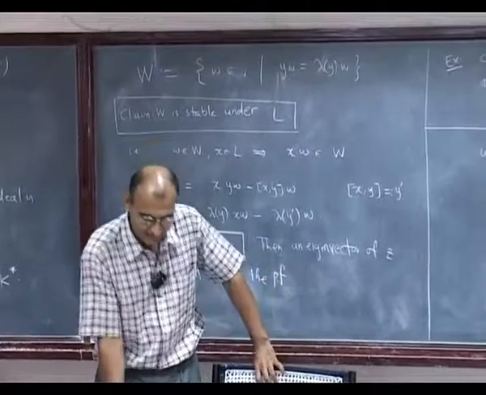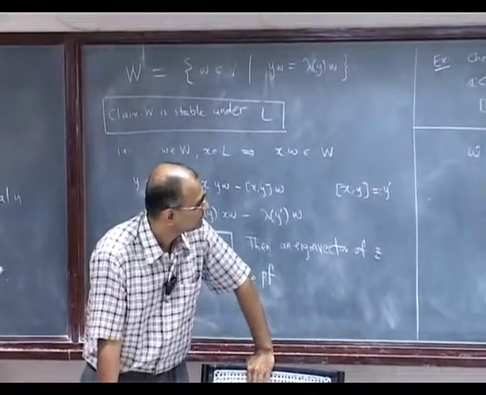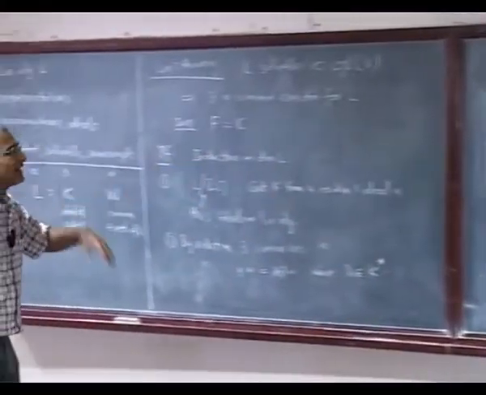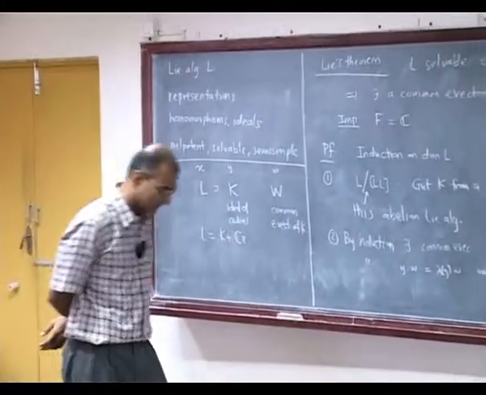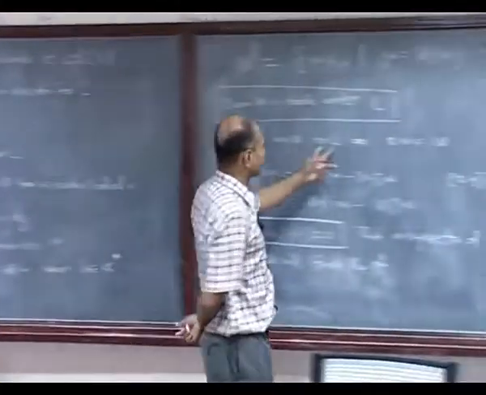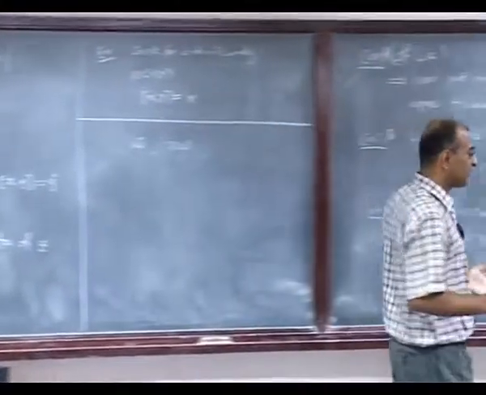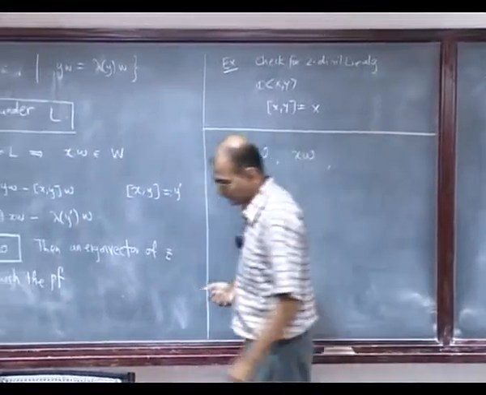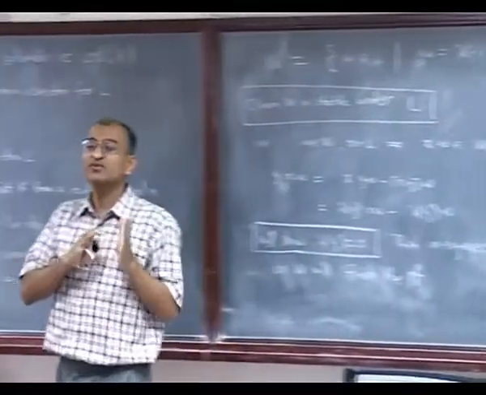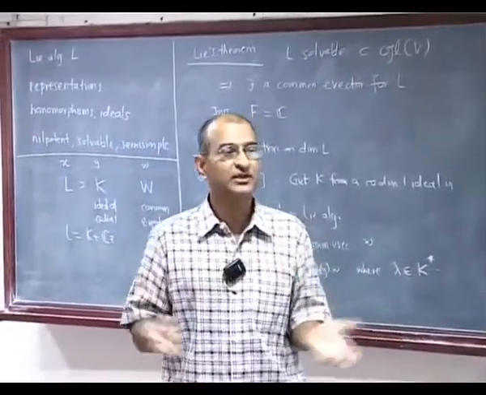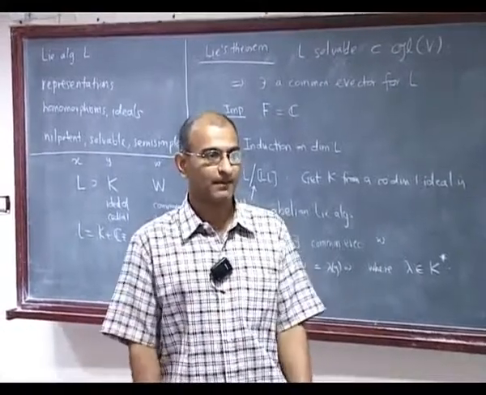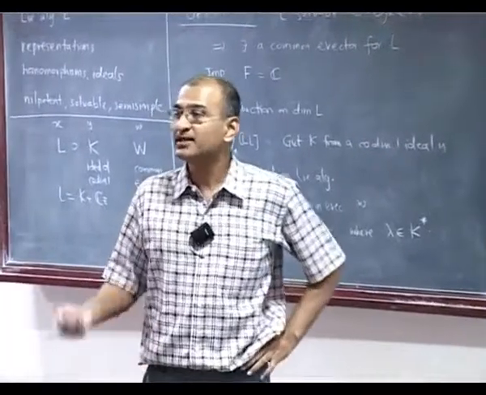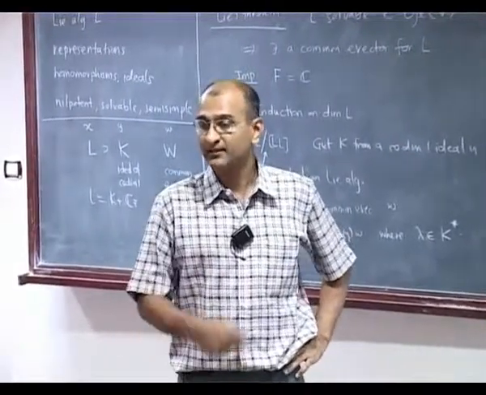Can I motivate this in any fashion at all? Okay, anyway, so see this operator X, so W is a special vector that we got, and now I have taken something, some X inside L. So the thing to try to do is, let us look at what X does to W. So it will send it somewhere, but I want to try to find a home in which I can do linear algebra on W. And I have an operator in mind, which is X. So what is a natural home where I can do linear algebra related to W and X?